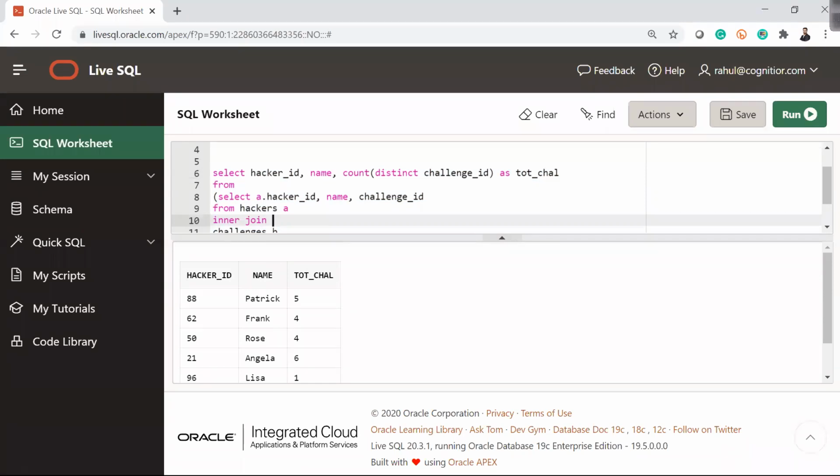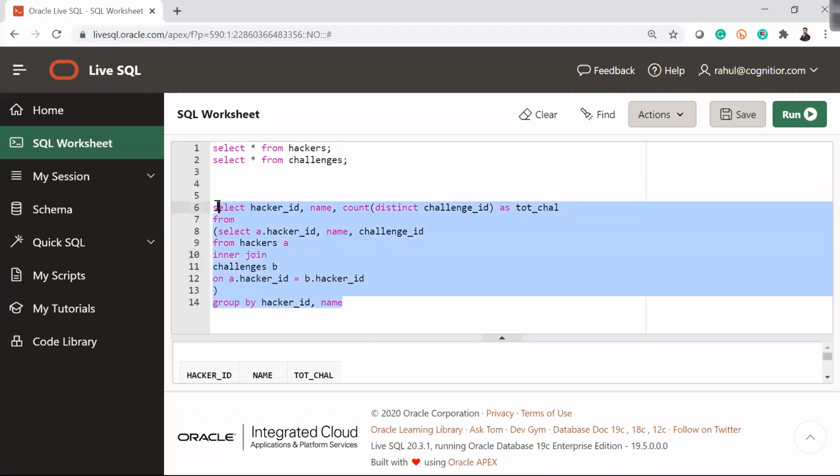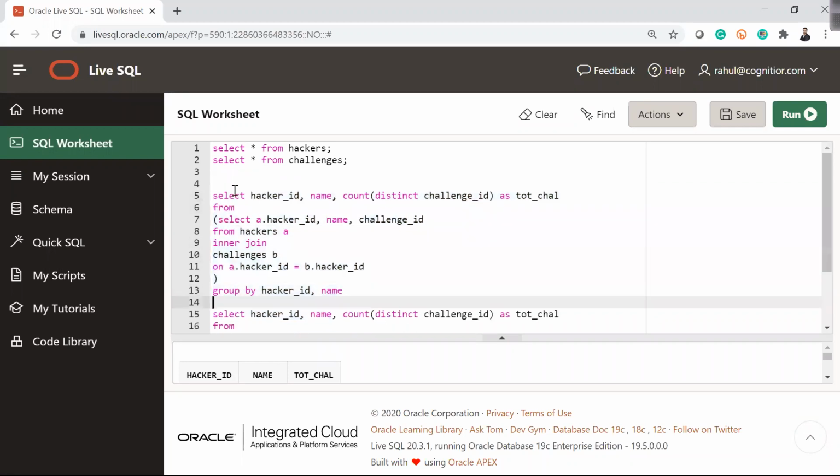For that, I will write one more query, and that query will be exactly the same query which we are doing here, no difference, on top of this query.